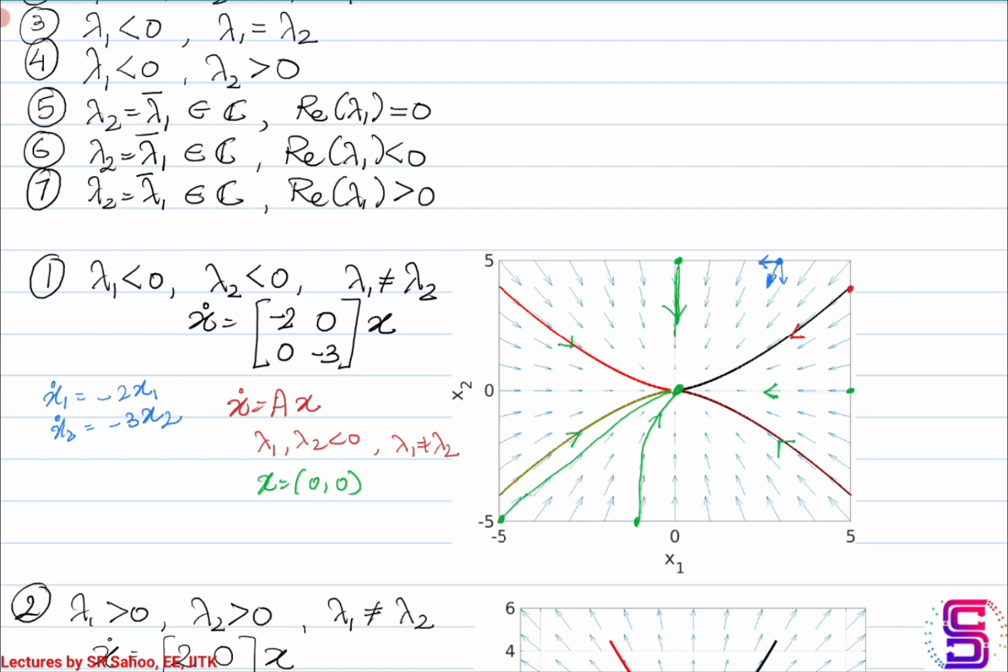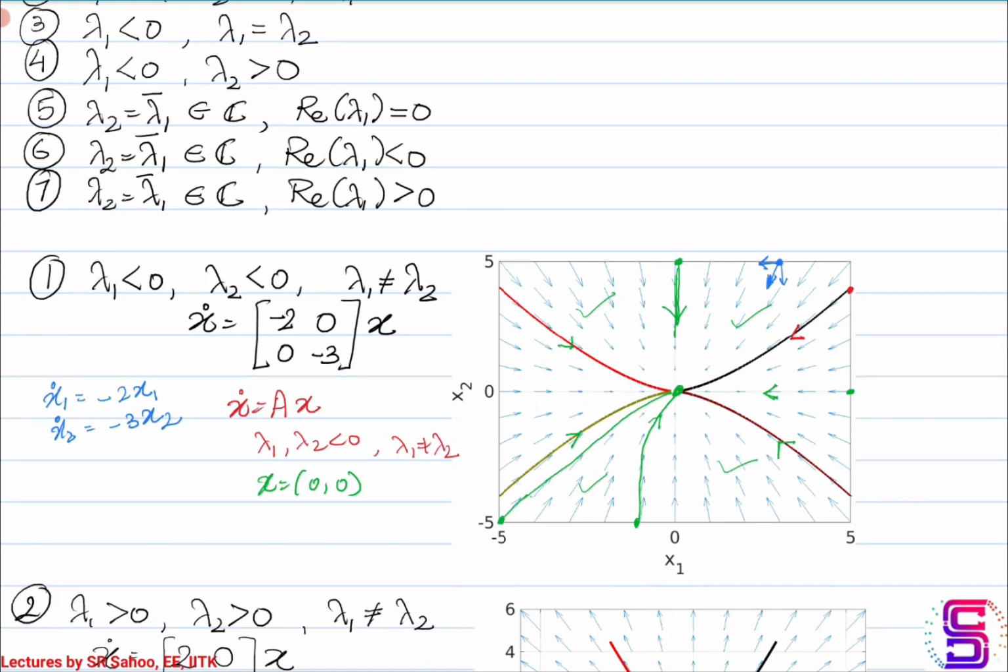So if you form a coordinate axis with respect to (1, 0) and (0, 1), what you observe is the four spaces that you get, which are quadrants 1, 2, 3, and 4, because of the eigenvectors. If a solution trajectory starts in one of the quadrants, then the trajectory remains in the same quadrant while moving towards the equilibrium point. Similarly, if you had any general matrix A whose eigenvalues are negative and distinct from each other, then they'll have some corresponding eigenvectors v1 and v2.